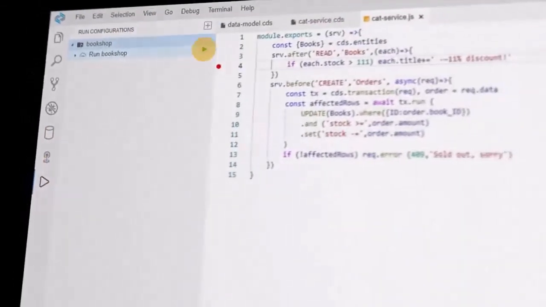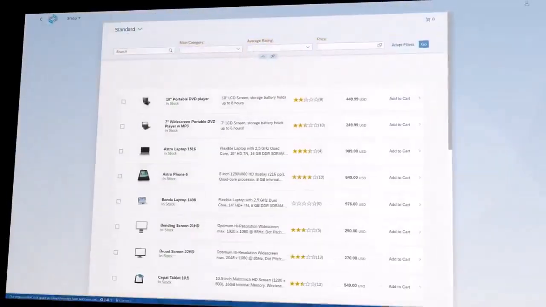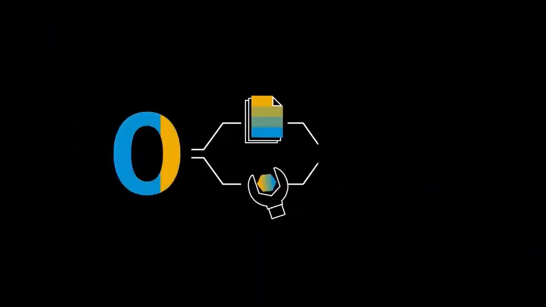With SAP BAS, you can say goodbye to fragmented development processes. It offers integrated lifecycle management that seamlessly links the development, testing and deployment phases. This ensures a smooth transition from code creation to application development, reduces the risk of errors and